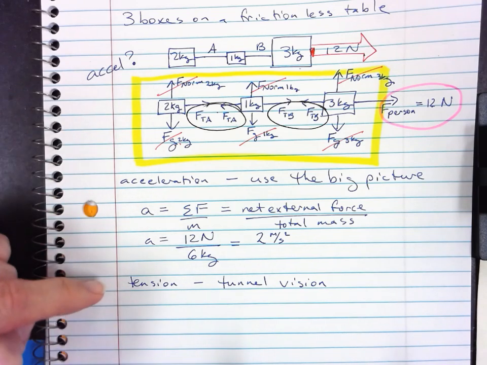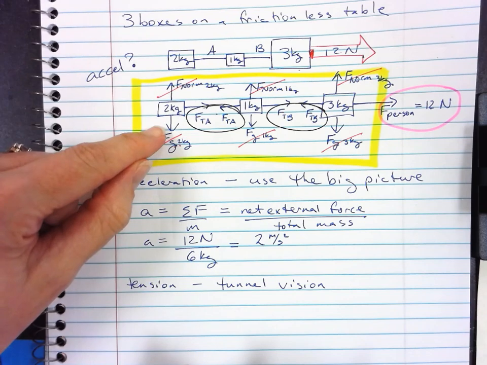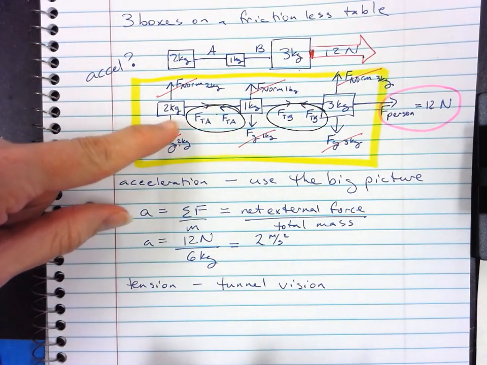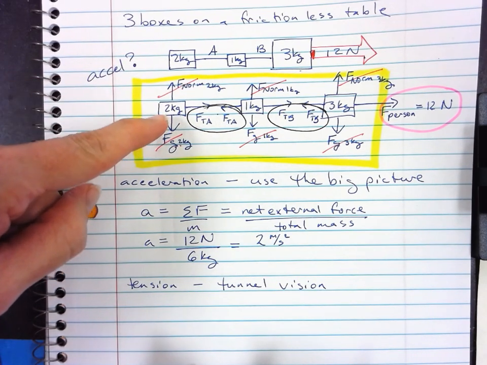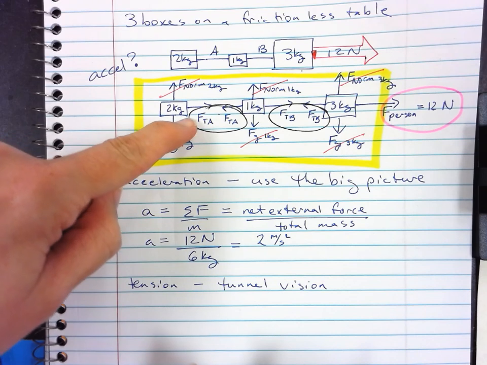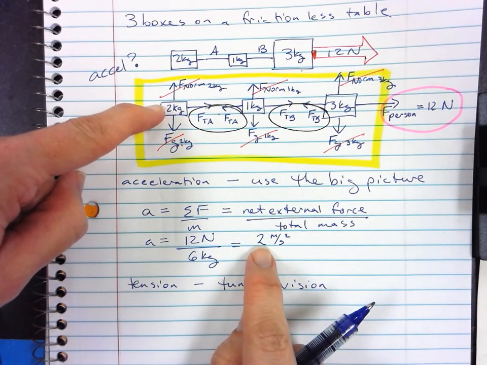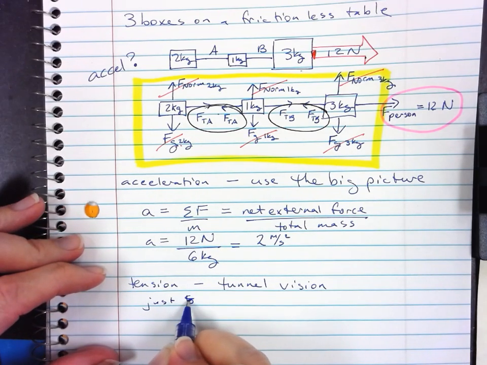So if I want to find FTA, I can either do a calculation on this box or on this box, because FTA is on both of them. Well, on this box, I know normal and gravity cancel out. The only force that's left on just this box is FTA. That must cause this acceleration directly. So just the 2 kg box,